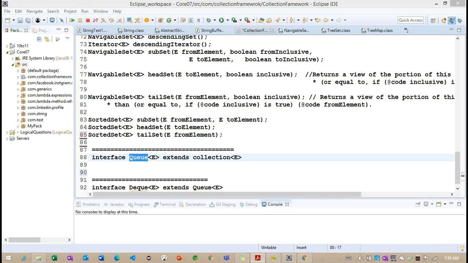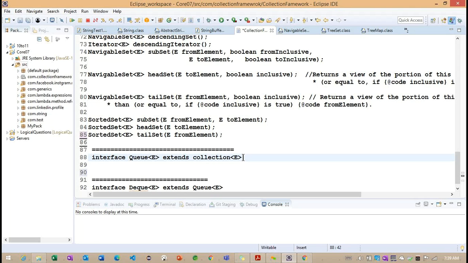Before going to the methods inside this interface, someone is asking about the difference between sorted set and navigable set. Basically, navigable set has additional functionality compared to sorted set, because navigable set extends sorted set. The sorted set has only sorting behavior, whether ascending or descending.